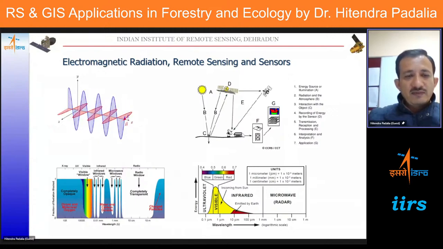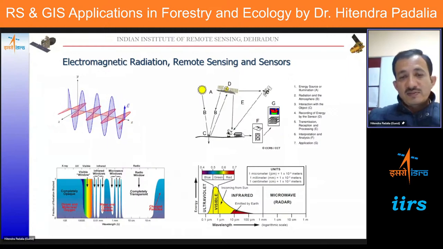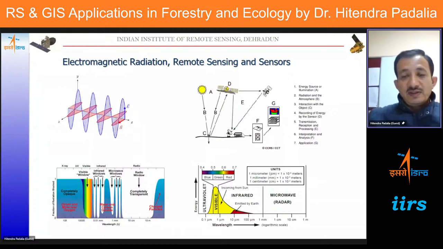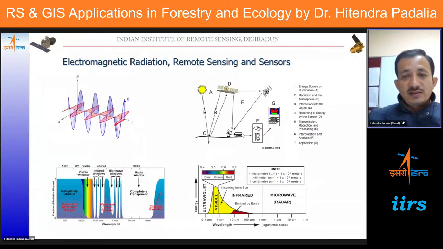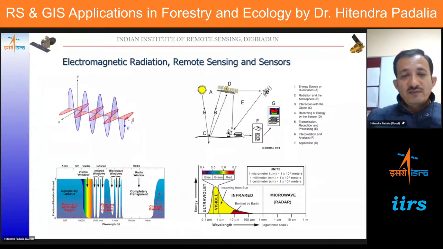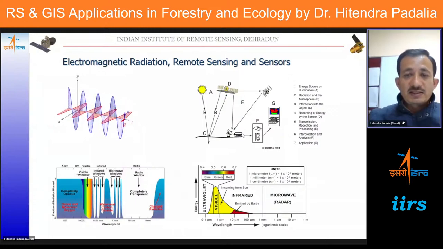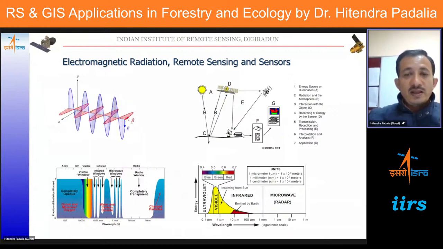And you can see in the graph here that there are different windows available for remote sensing and for acquiring remote sensing data from the space. And then different wavelengths in electromagnetic spectrum have different interaction with the vegetation canopies, and they provide very different type of information. Like visible has its own advantage, near infrared and thermal region has its own advantages. Similarly, microwave region has totally different information about the forest.